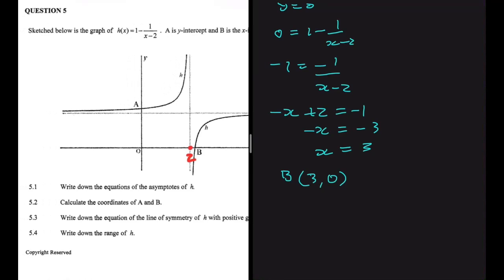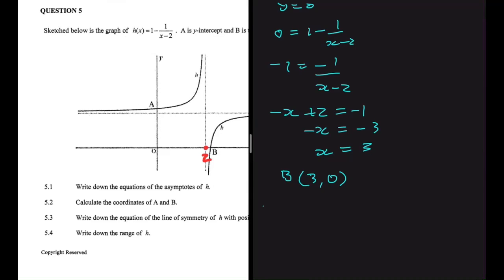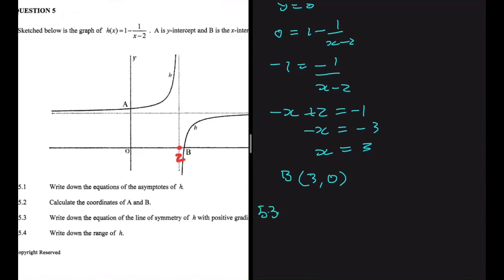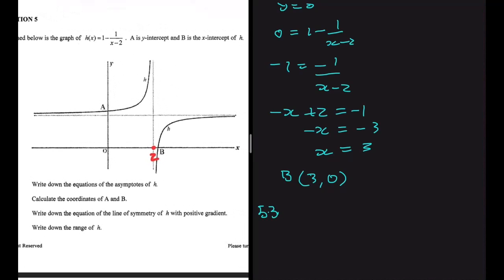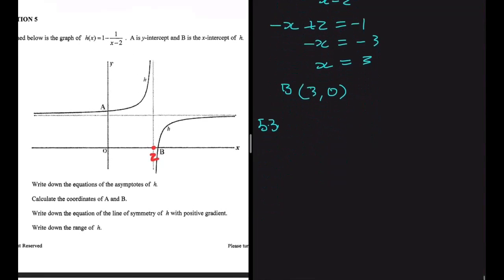We can move to 5.3, right? So 5.3 says, let's write down the equation of the line of symmetry of h with a positive gradient. So the line of symmetry with a positive gradient will be y is equal to x plus k, where k is a constant, right? So what we need to do here is basically find the value of k. But we don't just substitute any point on the graph. We don't even substitute a point on the graph. We substitute the asymptotes. We know that we have x is equal to 2 and y is equal to 1